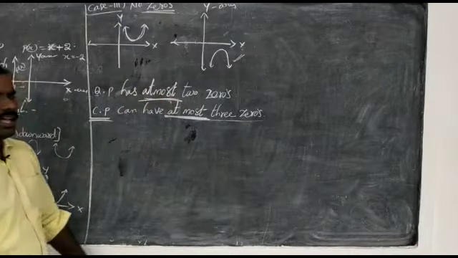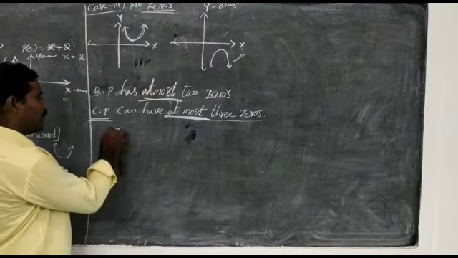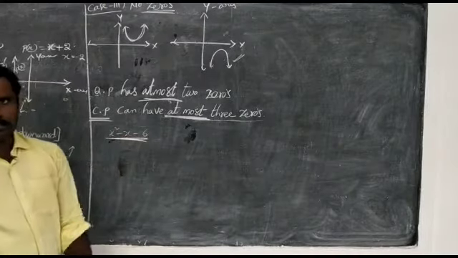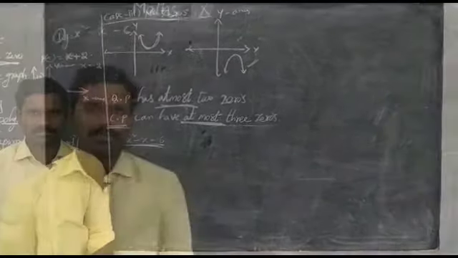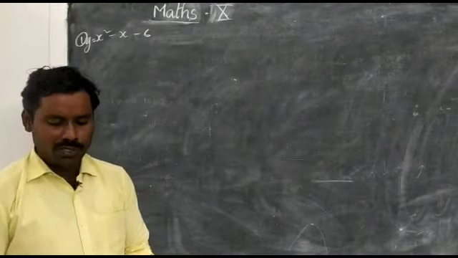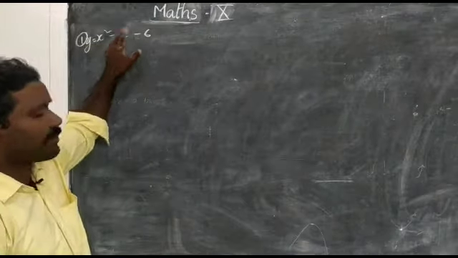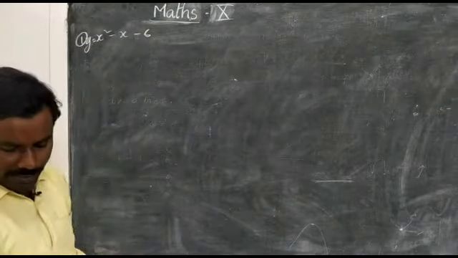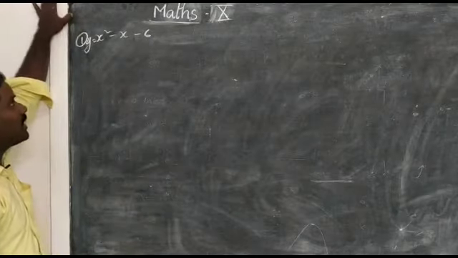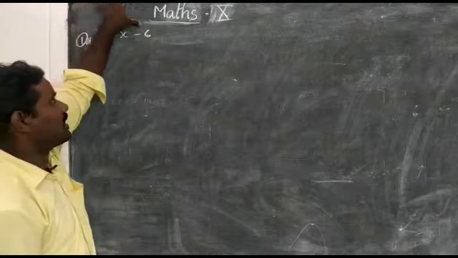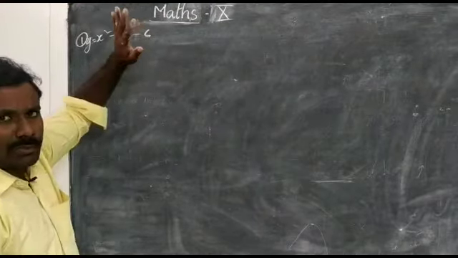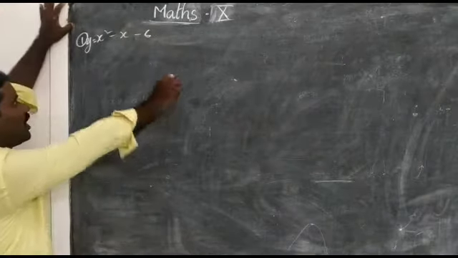Now we are going to the graphical representation of the polynomial x square minus x minus 6. Okay, now we are doing one problem. Draw the graph of the polynomial y equal to x square minus x minus 6 and find the zeros in this case. See here, the graph of y equal to x square minus x minus 6, we have a 4 marks question. Very, very important and sure questions. Now you have to observe how to do this.